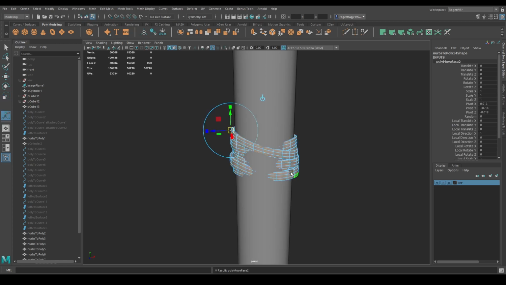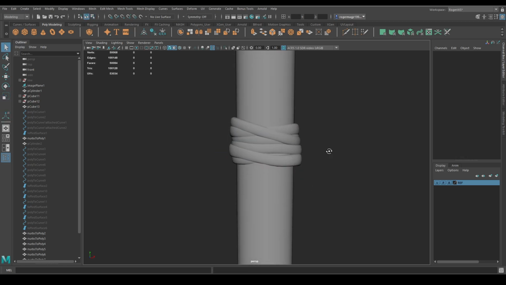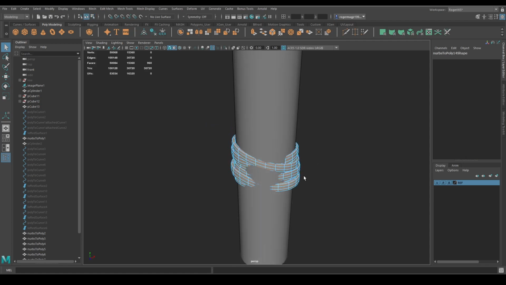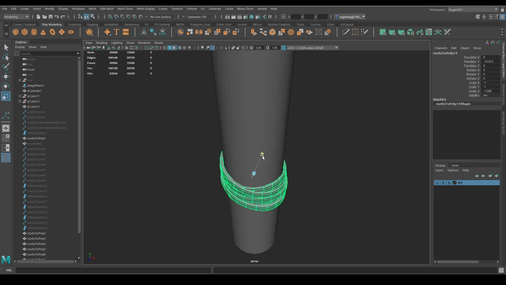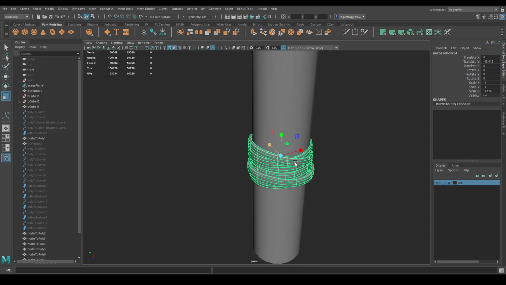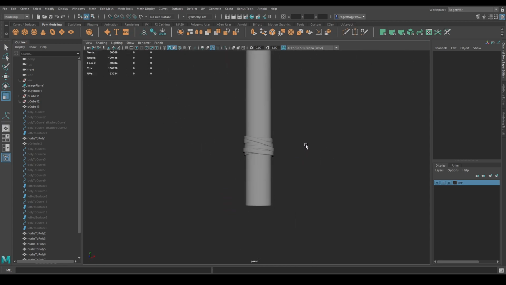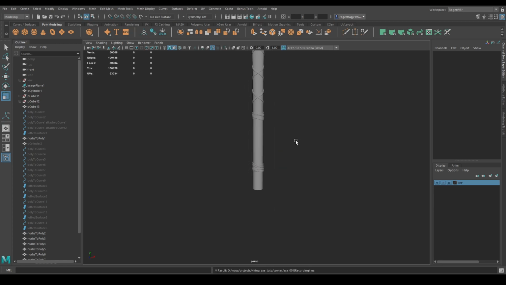Now let's scale them, and we can even scale them a little bit. So now we're just missing the straps in the middle,